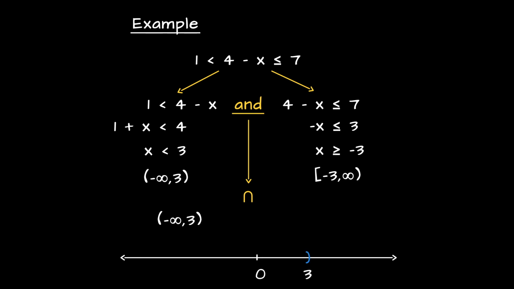And the intersection of the open interval from minus infinity to 3 and the half open interval from negative 3 to positive infinity will be the half open interval from minus 3 to positive 3. That is the solution of the original double linear inequality. Let's move on and take a look at what it means to solve an inequality that contains